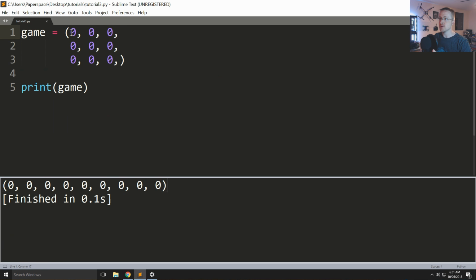So instead we're going to use lists. We can convert this to a list really simply, from parentheses to square braces here. Boom. Now it's a list. We can run that again, and we see, okay, it's a list. We could even run type game, and we'll see it's a list. But the problem is, of course, that it's all flat